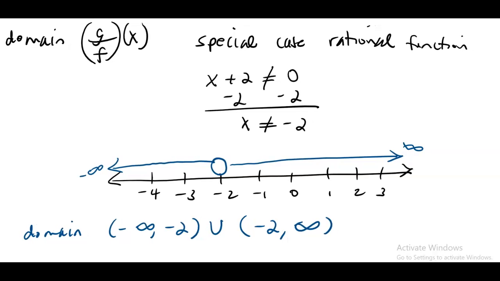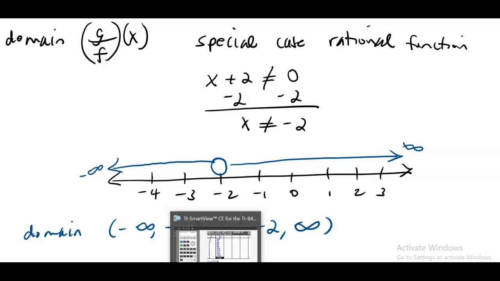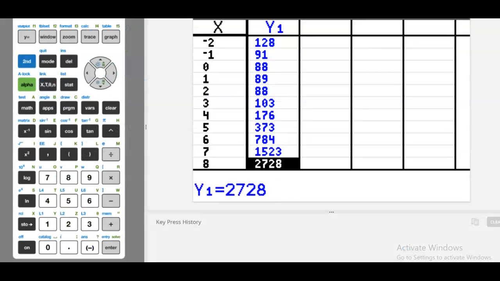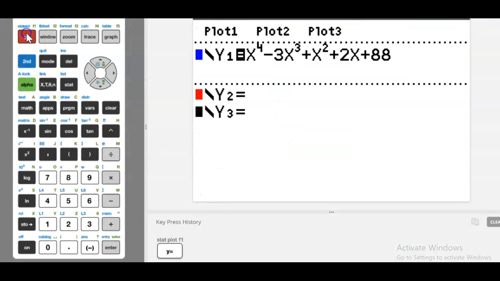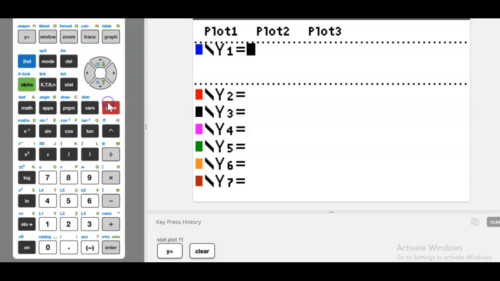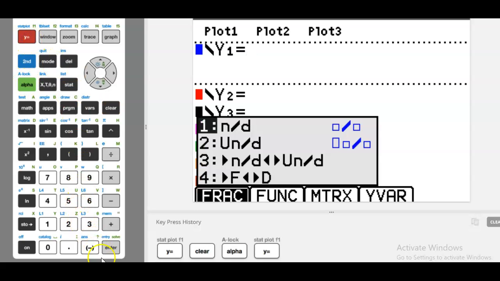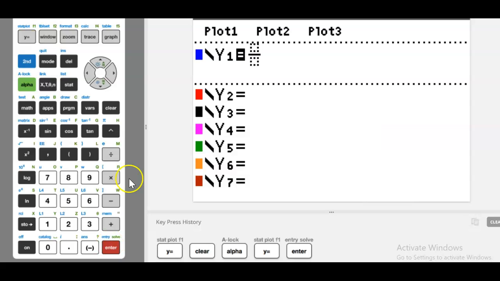Let's take a look at this really quickly in the calculator and see what this looks like. So in the calculator, go to your y equals, clear out what's over there. I'm going to use the fraction function on my calculator by pressing alpha y equals number 1. And then we had, I believe it was 2x squared